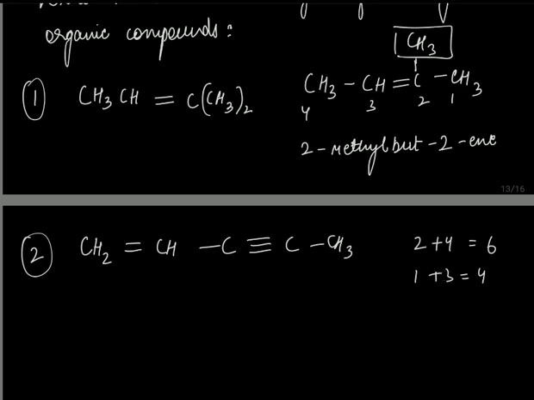So technically, if we start from the left hand side, we get the sum of the double and triple bond positions in the main parent chain as 4. That is a lower number compared to what we get above if we start the numbering from the right hand side. So 6 is not acceptable because it's a bigger number. We even call this the locant sum rule. But there is another way we can see this compound.